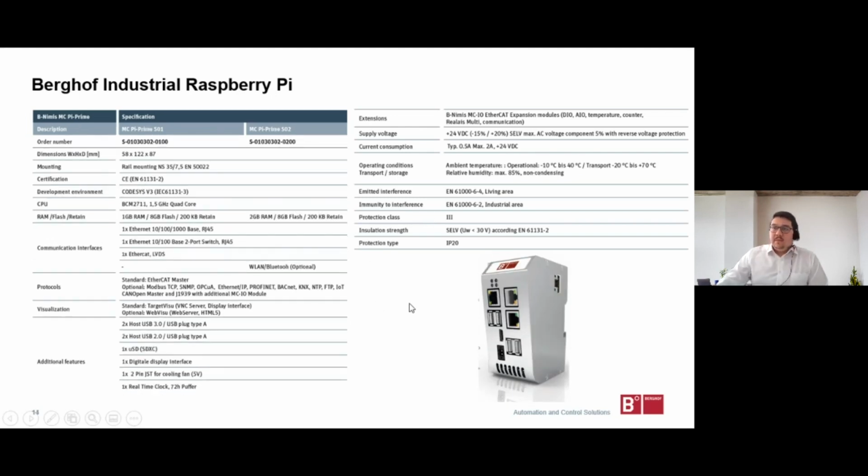Let's go to the MCPI Prime in our two variants. You can see the picture here, or I have also one here. So this device is real, it's not just a paper tiger. And what are the differences? The MCPI Prime provides additional interfaces and a bigger housing. So again, we have the rail mounting system, we have the CE certification by default,